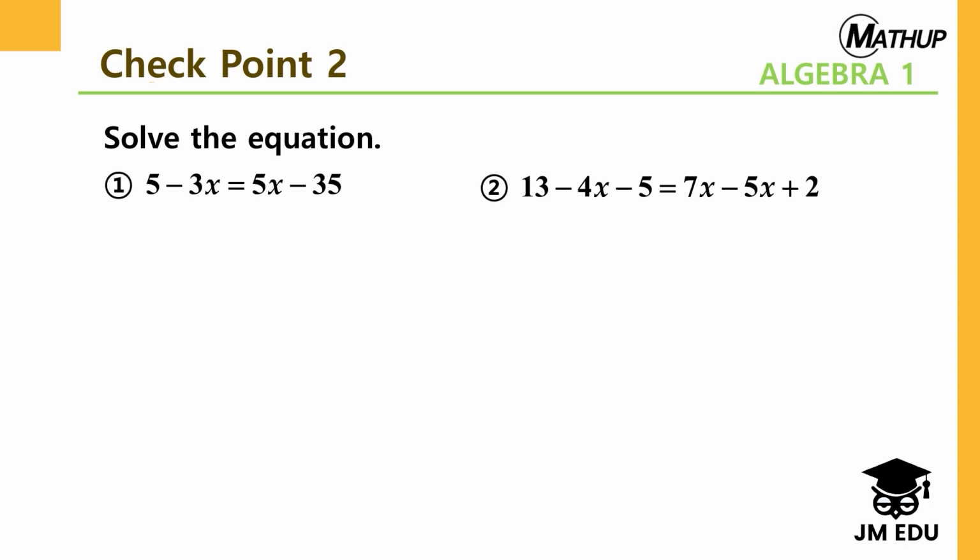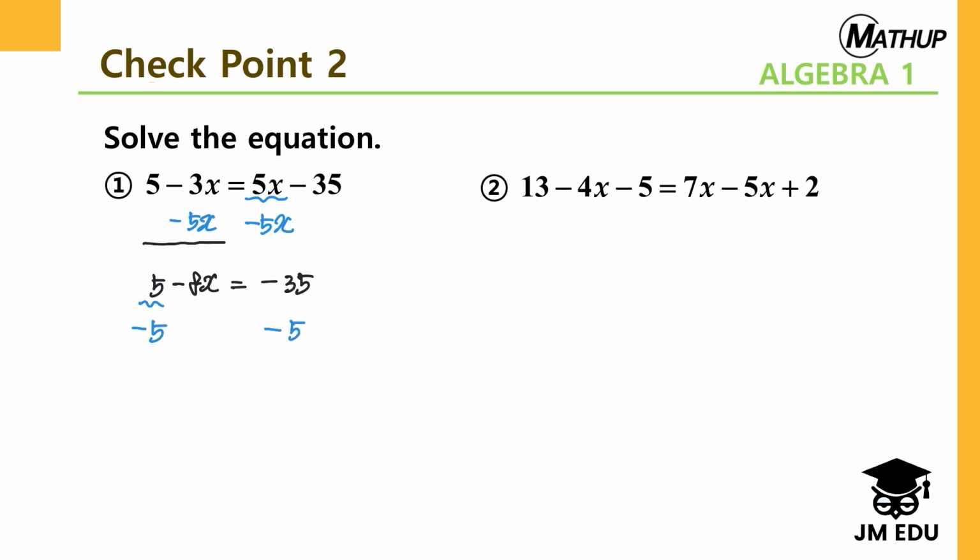The first step we're going to do is we're going to remove 5x on the right side by subtracting 5x on the right side and 5x on the left side. So on the left side, we'll have 5 minus 8x is equal to, on the right side, we'll only have negative 35. Now, we're going to remove this constant 5 by subtracting 5 on the left side and right on